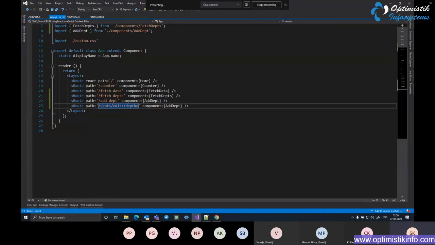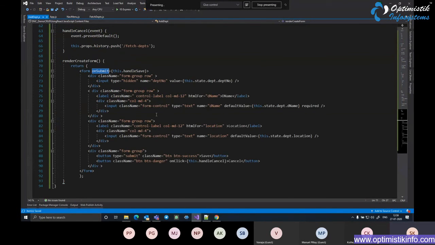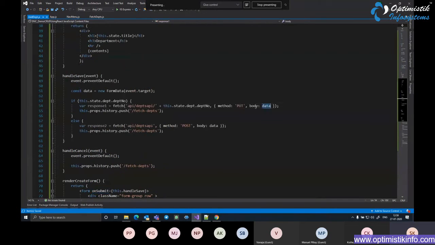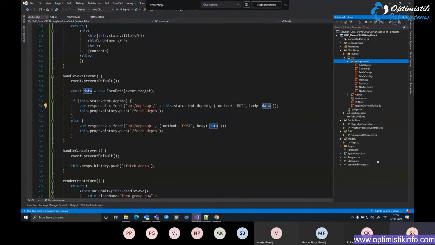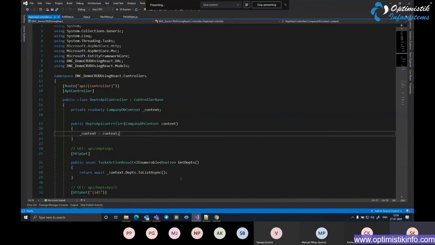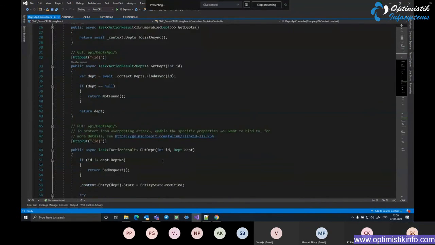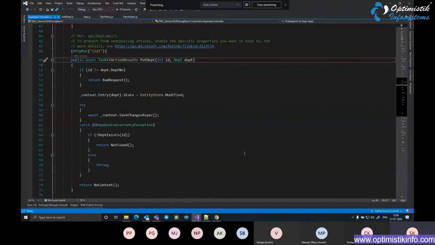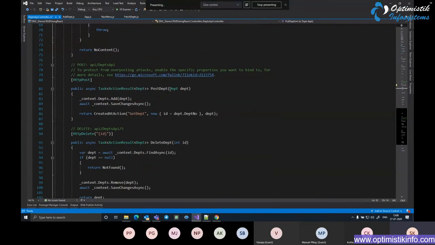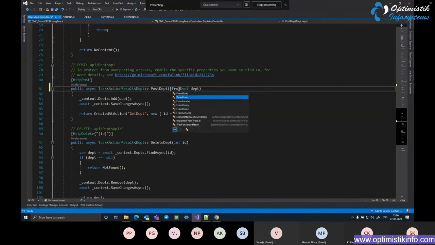And one last thing that we need to do is, as you can see from this, we are actually sending the form data as the request body, not the JSON data. So a small change required in our web API. So here I just go back to controllers and open departments API, locate put department method here. Just before department, I put from form attribute, and the same thing I do for post as well. Otherwise it looks into form body. From body is the default. So just save